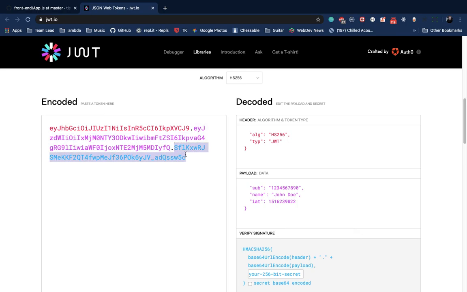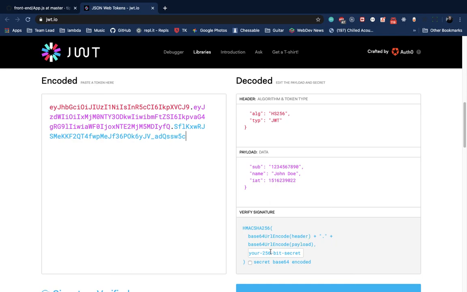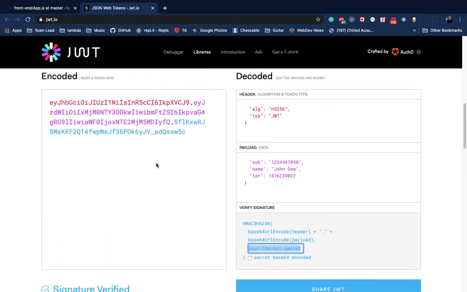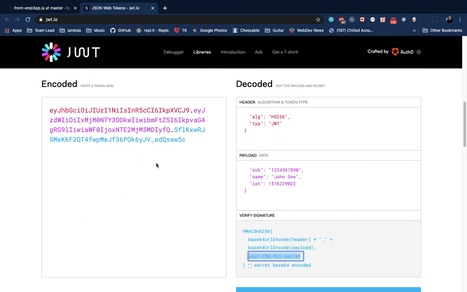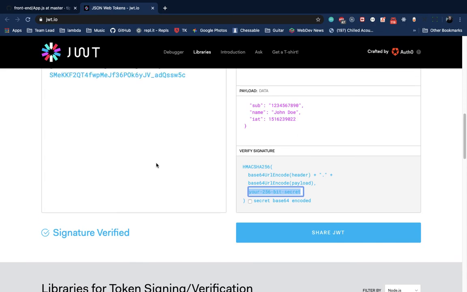And then the third part is the unique signature. How this part works is when we create our token and we pass in a secret, it uses all that information to hash this big string value, and it uses that secret to create this object. And so to verify the signature, you would need to pass, for instance, your secret in order for it to say that this is a passing value. I know that might seem a little confusing,